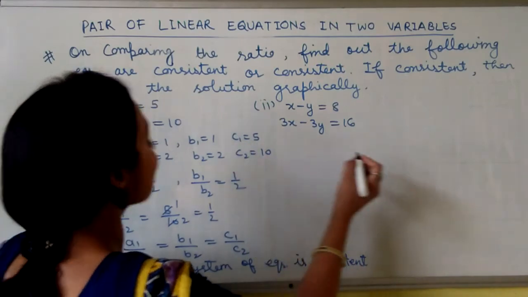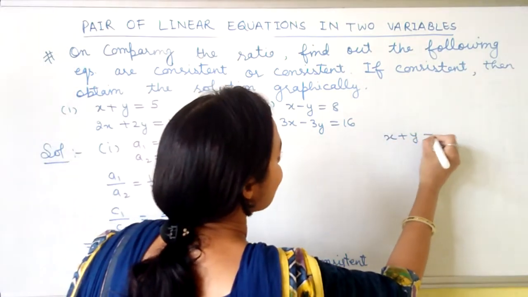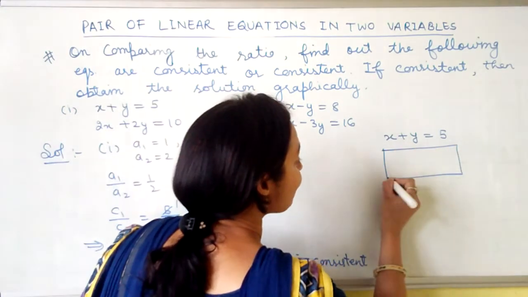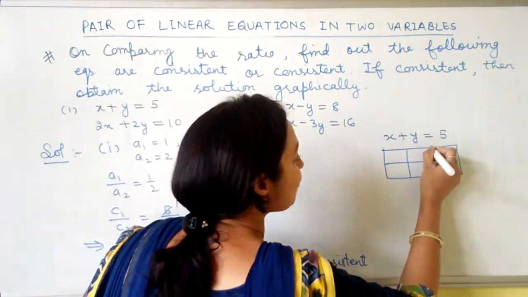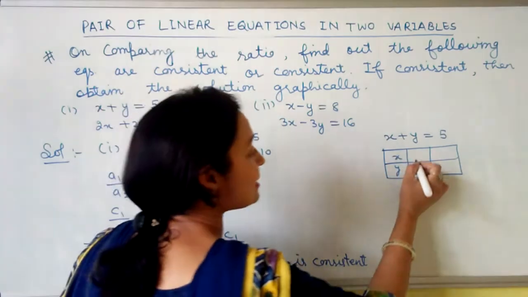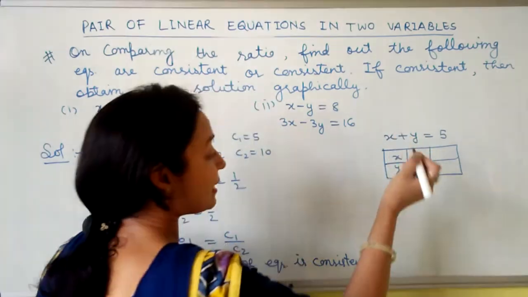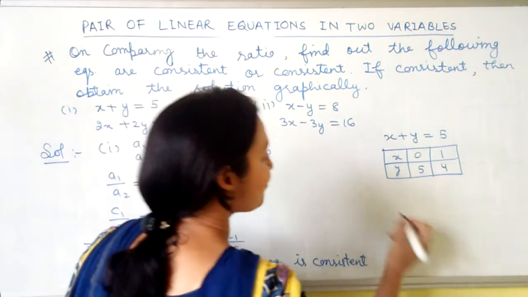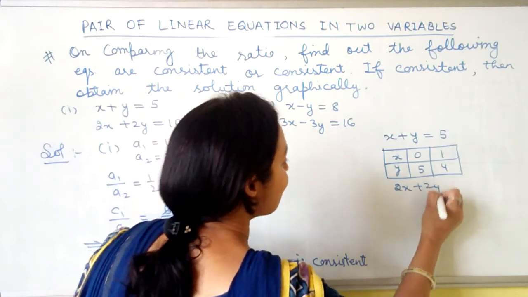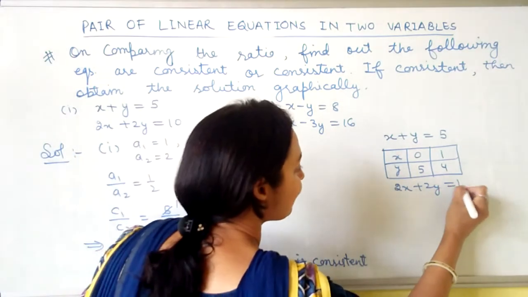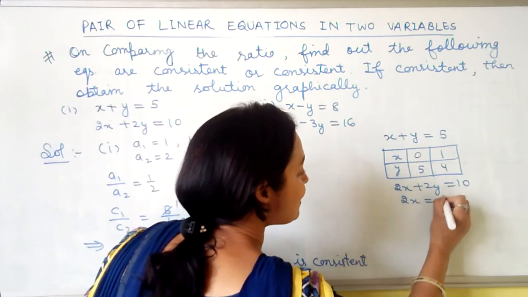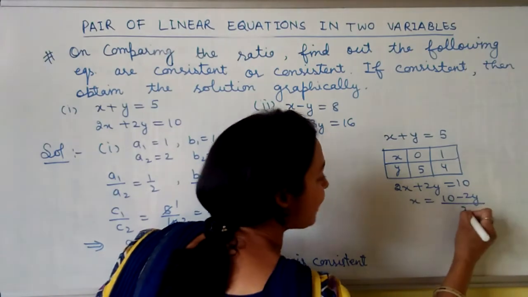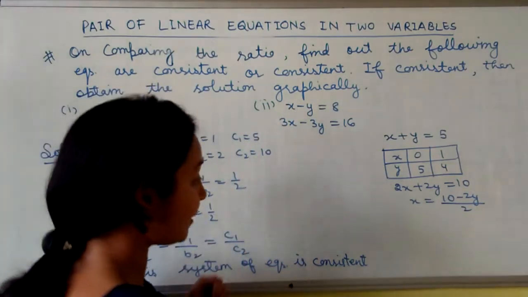So we take the first equation, x plus y is equal to 5. First of all, make a table for two points. We need only two points to make a graph. So x is 0, y is 5. X is 1, so y is 5 minus 1, that is 4. Now the second equation, 2x plus 2y equals 10. 2x is equal to 10 minus 2y, and the multiplication comes into the division sign like this. Okay, come to the table.